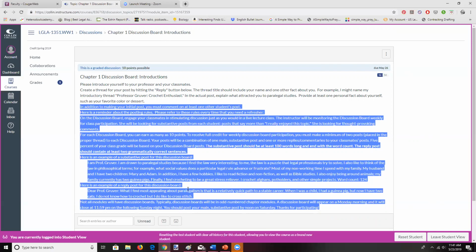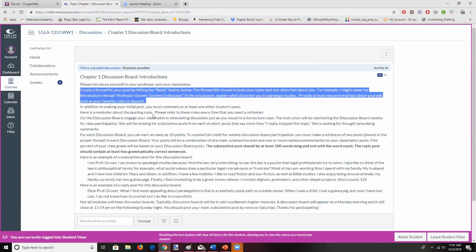Sometimes, for example, instead of making a reply post, I ask you to do something else. For example, to vote for another person, which argument did you find most persuasive, or to do something else. And so you do want to go ahead and scan it just for a second to see if this is the same old, or if there's something unique here. In some classes, I actually will give you a choice of more than one prompt. In this one, there's just one prompt. Obviously, if there's more than one prompt, read them both, decide which one is more compelling to you.